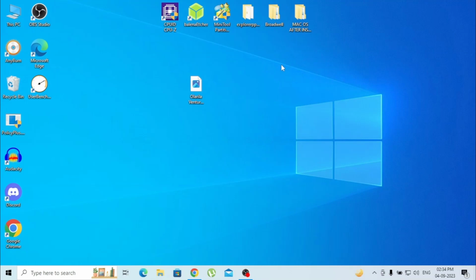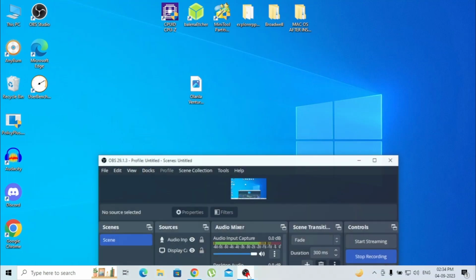And now my process has been completed and my bootable pen drive is ready. Now you have to restart your system or laptop. So your Mac OS